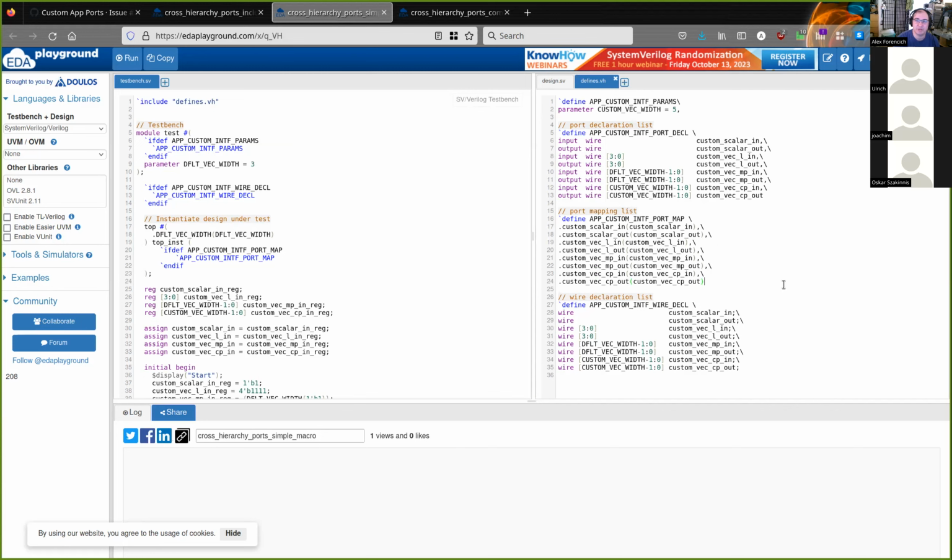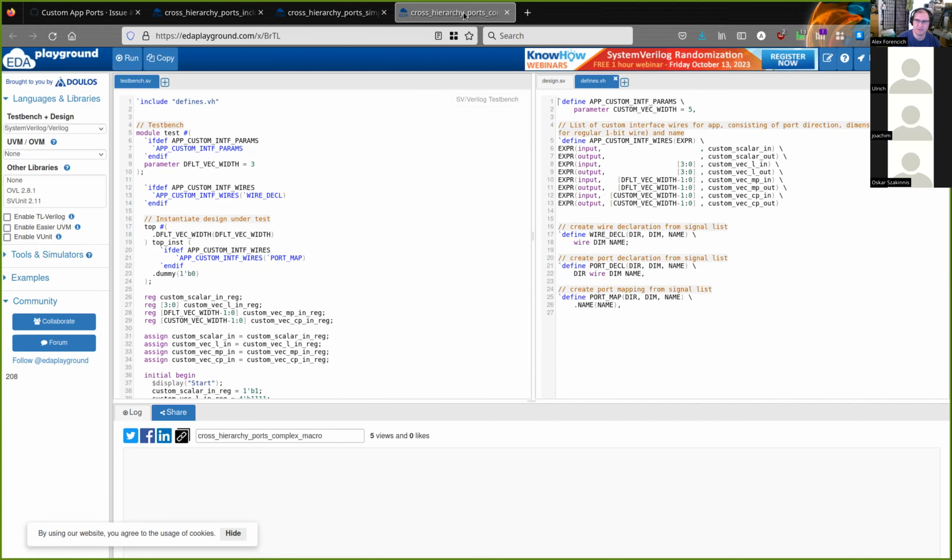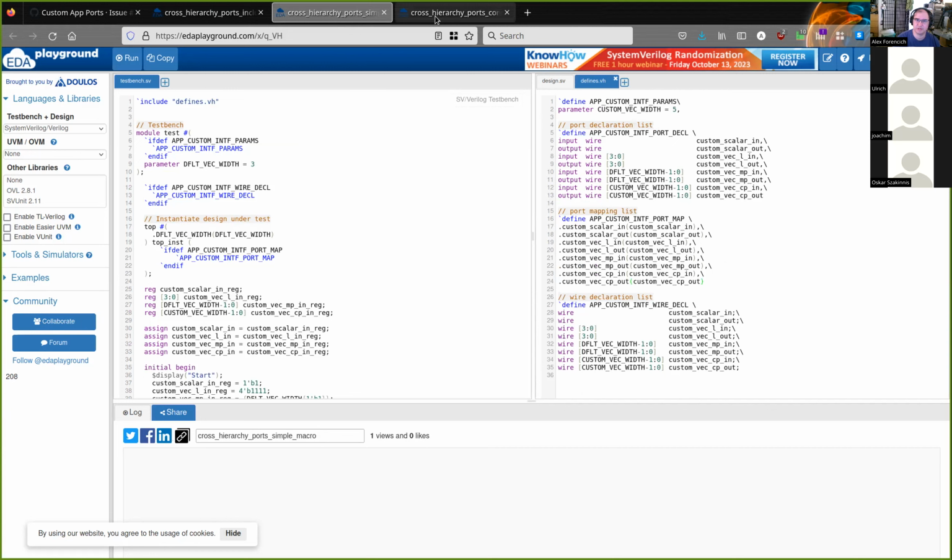You don't need multiple files. Yeah, that's right, so from that standpoint, I like it. That's better. And you can potentially have even more stuff defined in here as well. And then you've got the cross hierarchy port ones, which, I mean,